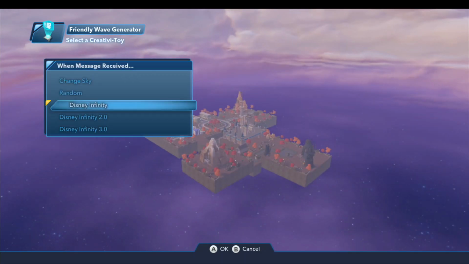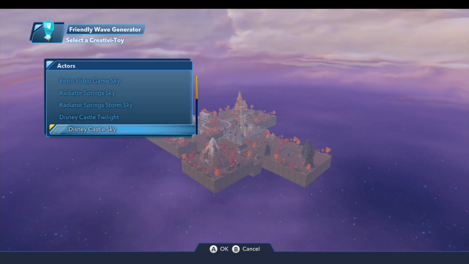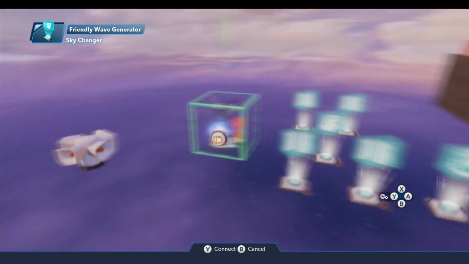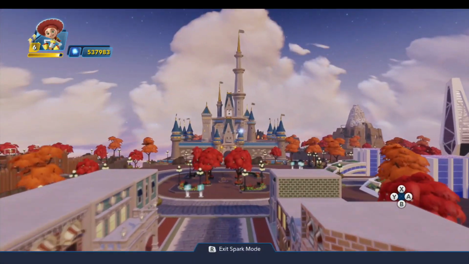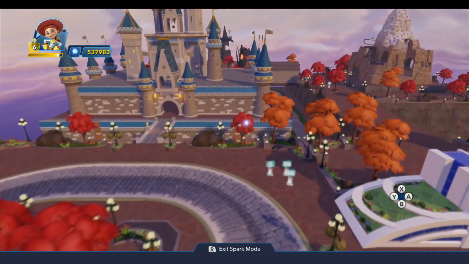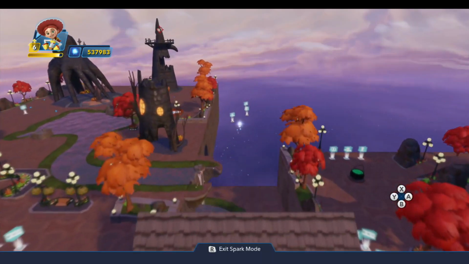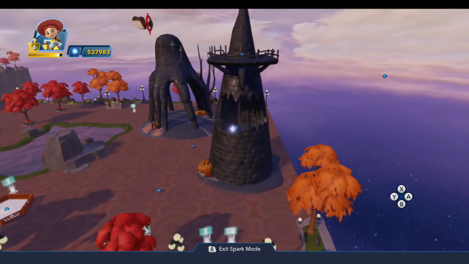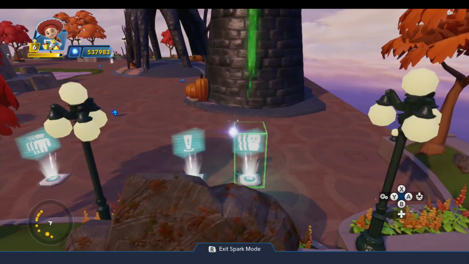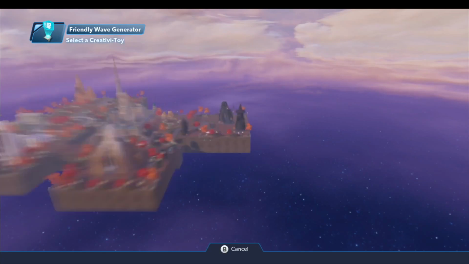And the sky that we're using is under Disney Infinity. It is the castle sky. If you're using a different sky here for the daytime sky, make sure you set it to that one, because you want to put the sky back to what it was before. Alright, on the friendly wave generator, new logic connection. When the wave is defeated,